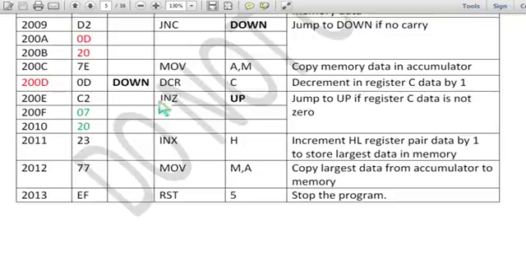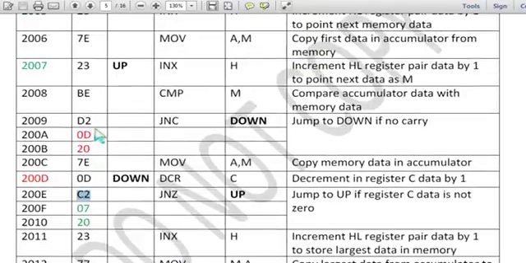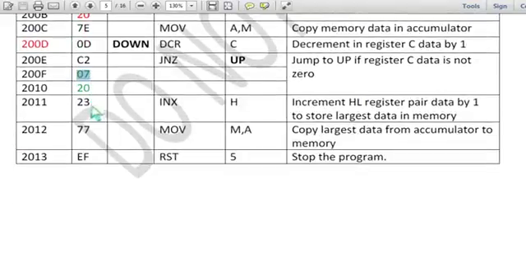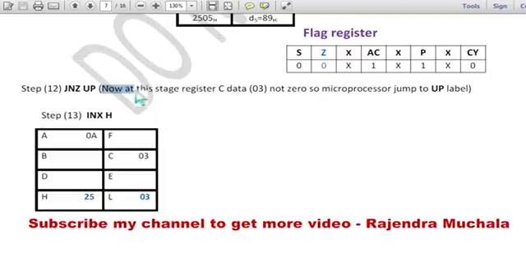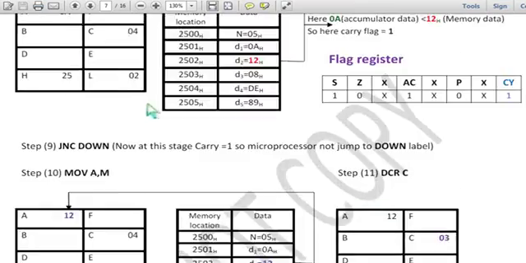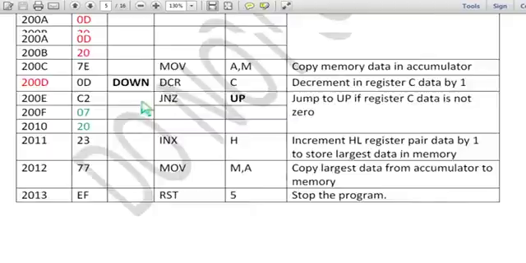Then the next instruction is JNZ up. Jump to up if register C data is not 0. C2 is the hex code of the instruction. Here you can see the address of the up level is 2007. So first 07, the lower byte of the address, has come, then 20, the higher byte of the address, has come. But now at this stage register C data is not 0. So the microprocessor jumps to the up level and the instruction at the up level is